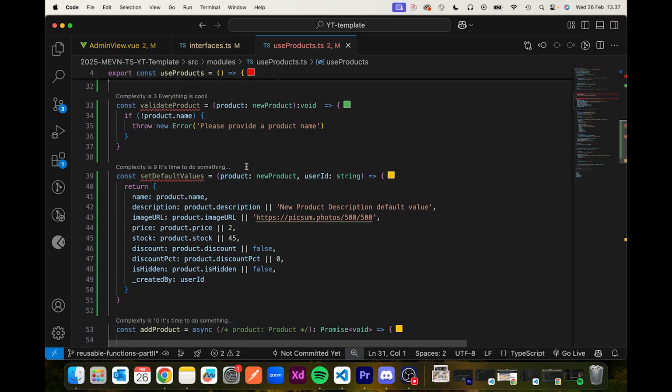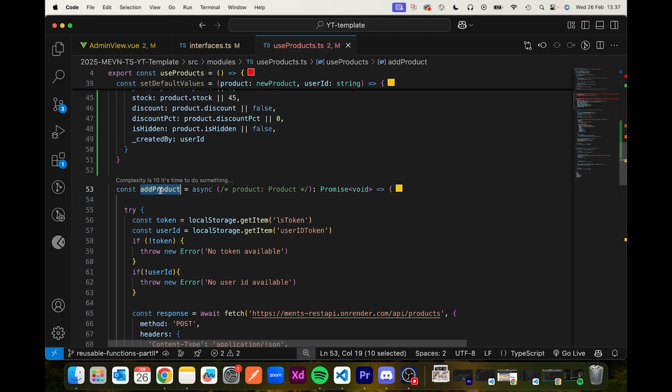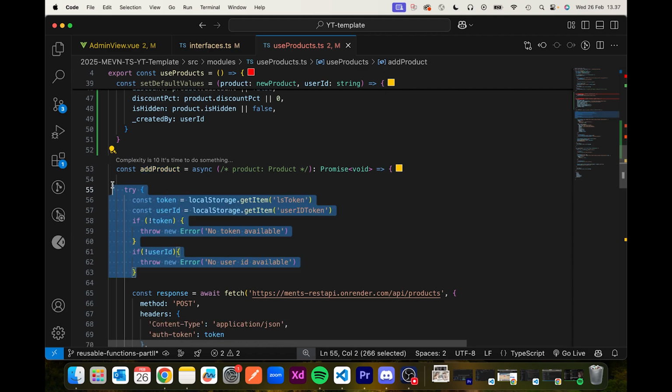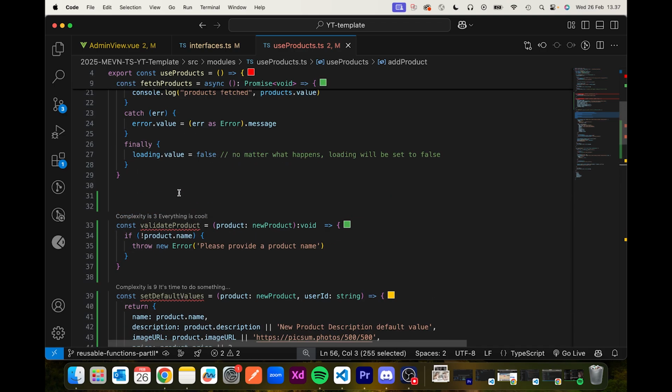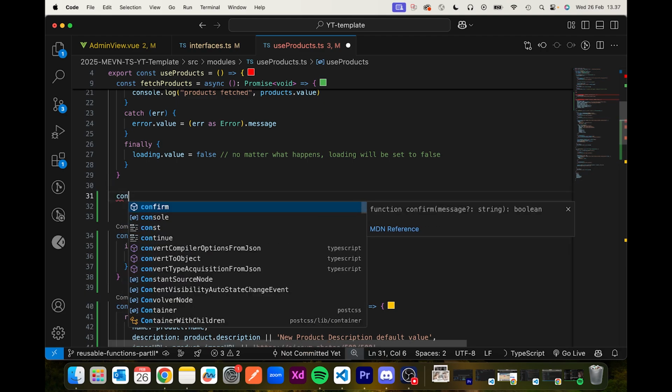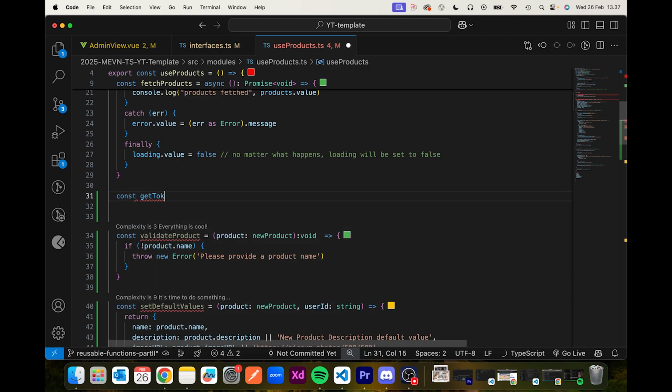All right, the next thing we're going to extract from our add product is this part here, the token and the user ID, because we're also using these for delete and update and so on. So it's smart to have them as a separate function we can just call in. Now I'm going to call this const and then get token and